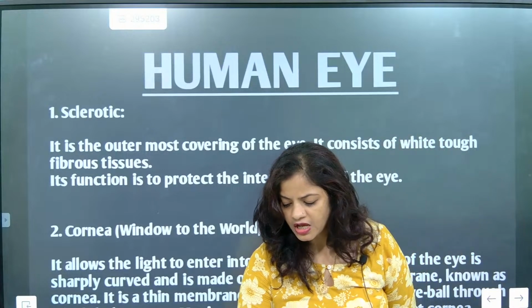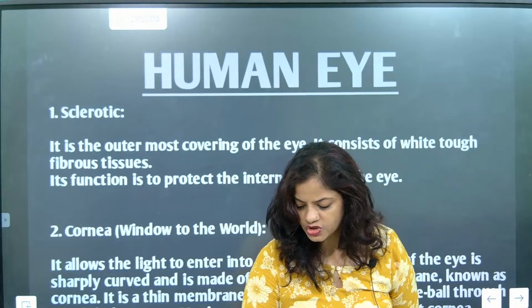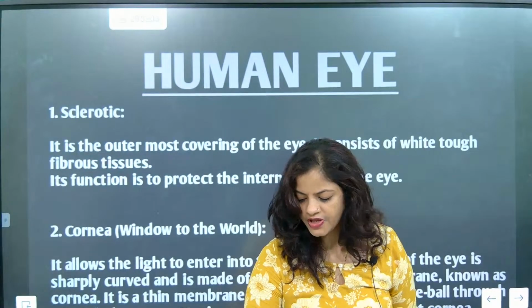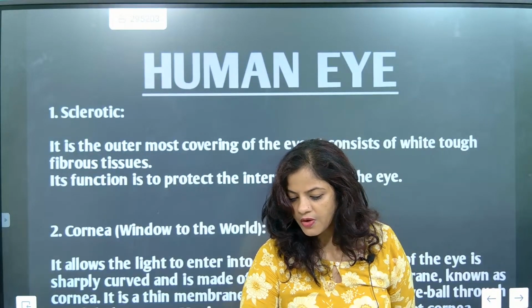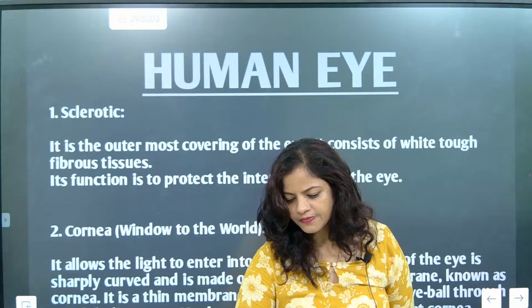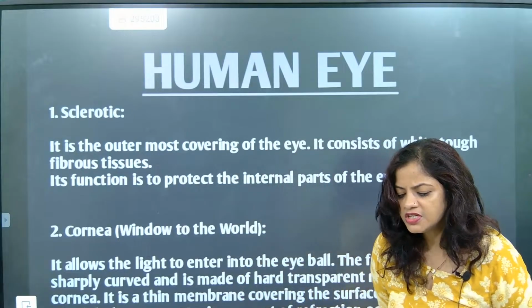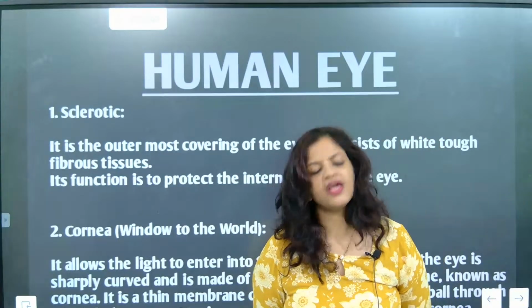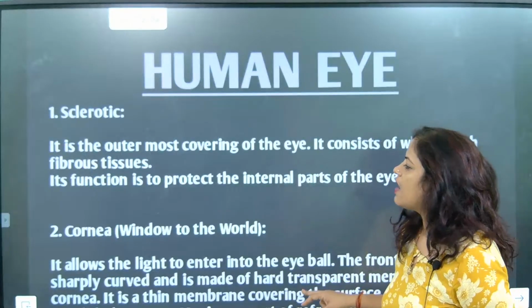What is the sclerotic function? Its function is to protect the inner part of the eye. That's the most important thing. After that, we talked